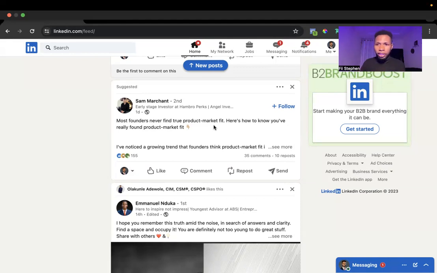Then the second part of the storytelling framework is called conflict. So now you've started, but most times it doesn't just go smoothly. That's why you watch movies. If movies just went smoothly, it would end in 5-10 minutes. But something will go wrong in the middle, and then you'll be expecting that this thing will be fixed, and you just keep waiting until that happens, right? So there has to be a conflict. Think about it. Was there any challenge you faced? Was there a difficulty? That's what conflict means. Was there something that did not go well in the process?